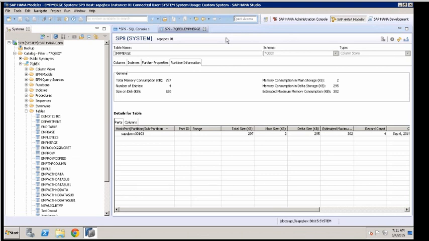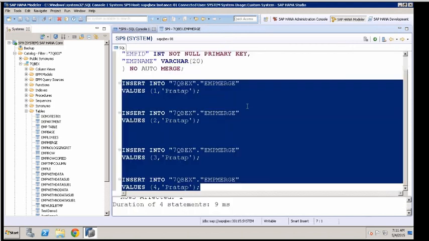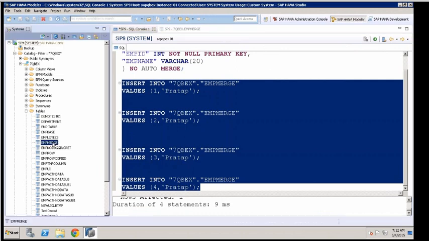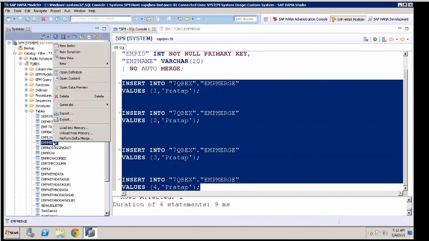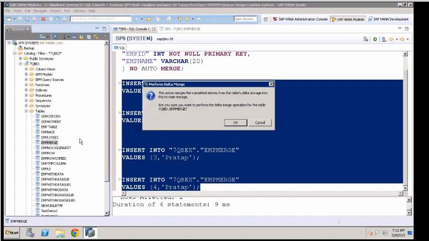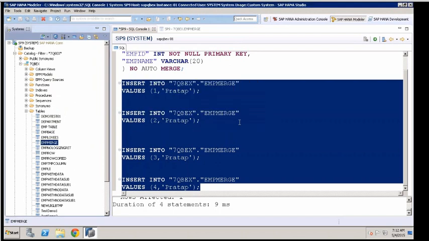Okay, which is what we call a forced merge, yeah? So I can do that with SQL also, we'll see that, but now I just want to do it with UI. Look at this, select this table, right click on this table and you have an option, what is here, perform delta merge. Same thing I can also do with SQL. See, data manipulation statements, we'll see that later, but say perform delta merge. So it says so and so will do the merging, say okay.